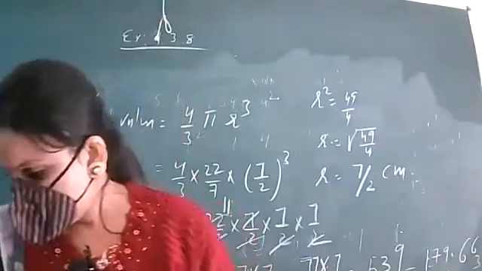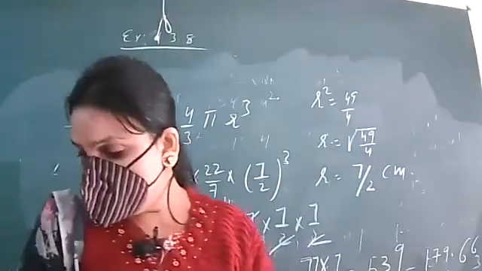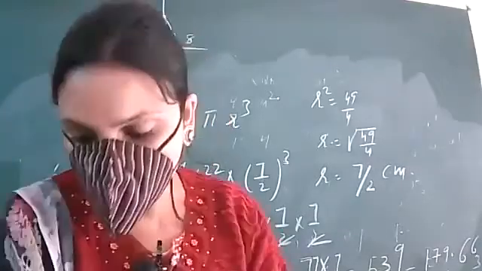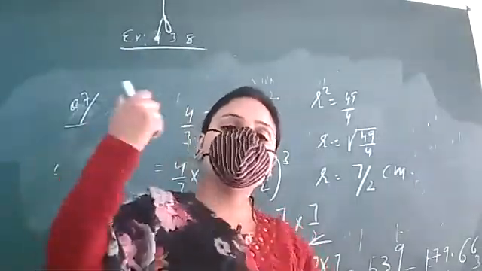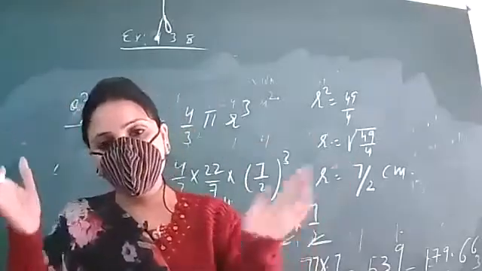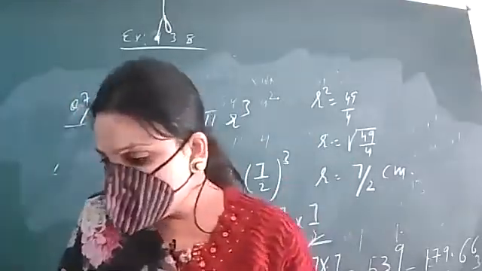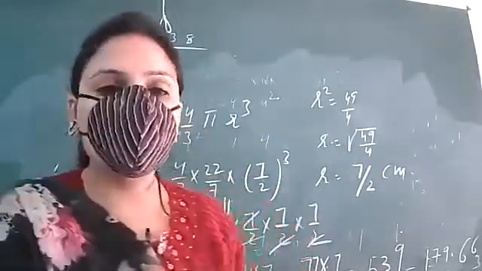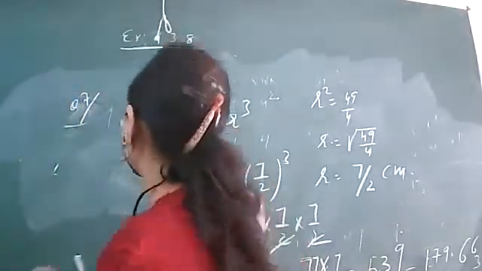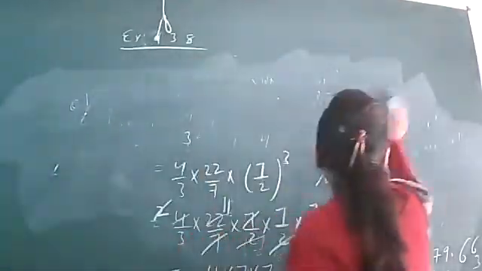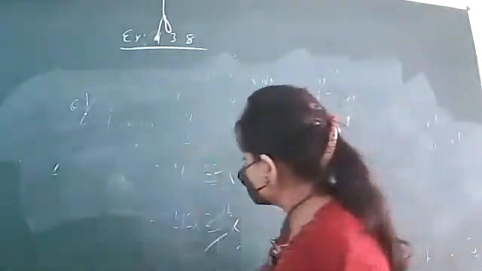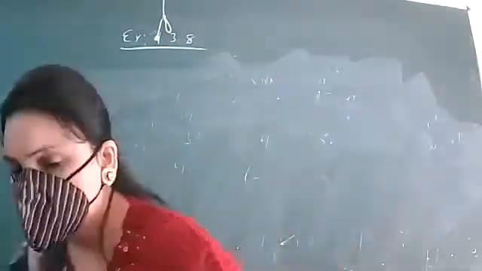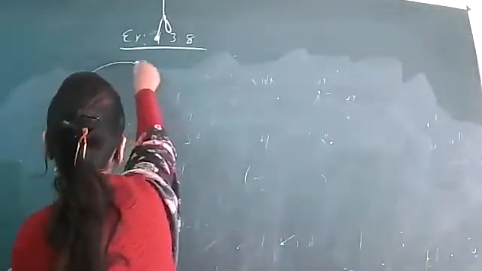So the next question is, a dome of a building is in the form of a hemisphere. The dome of a building, as we see the upper part of the mandir, masjid, gurdwara, they are in the form of a dome. The dome of a building is in the shape of a hemisphere, which is called gumbad in Hindi. So we are having it like this.